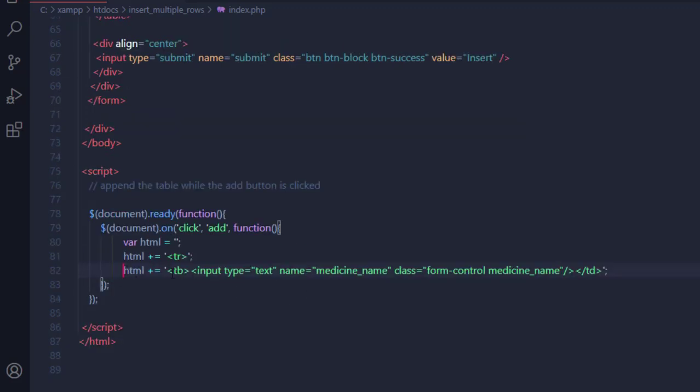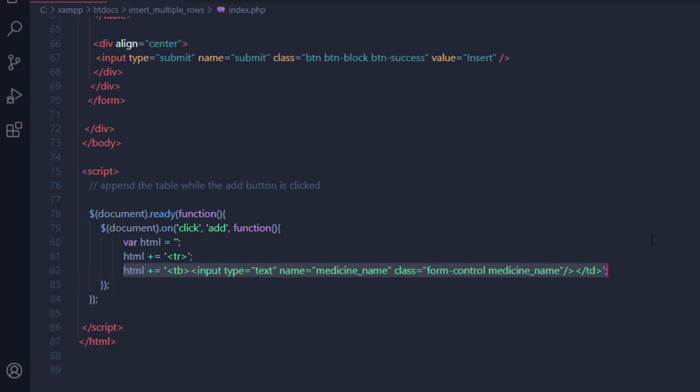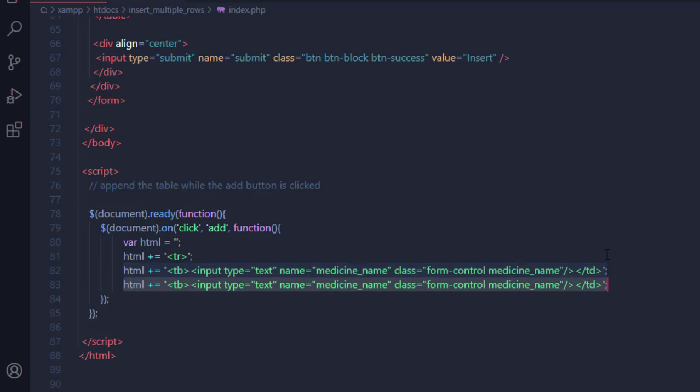Now I'm just going to duplicate this because we now want to have the select field. So I'll duplicate that, and then I will remove the input field, so that inside it we have the select field. So I'll just say select,